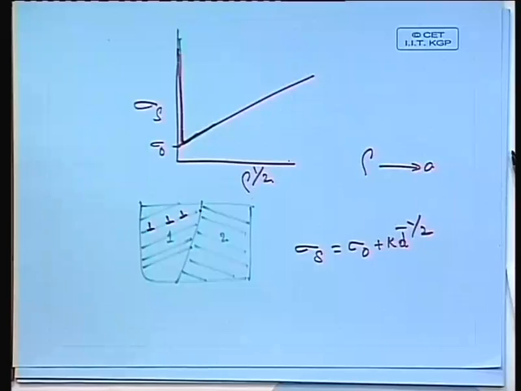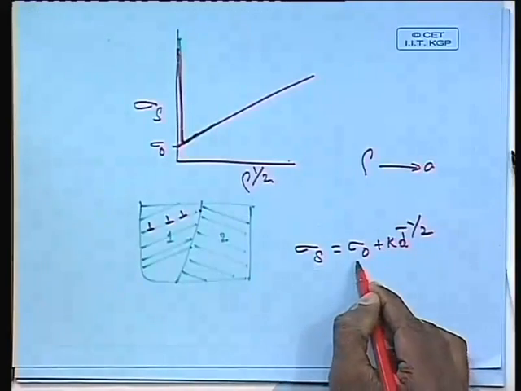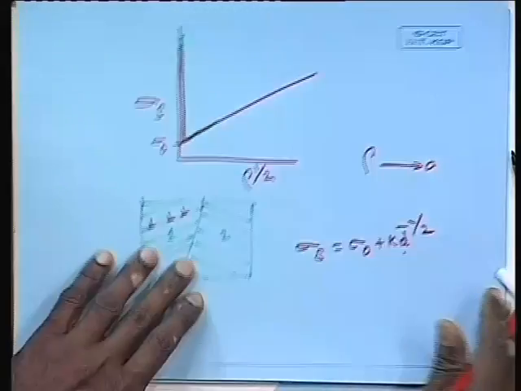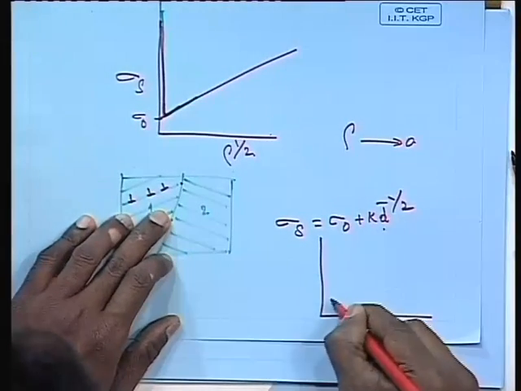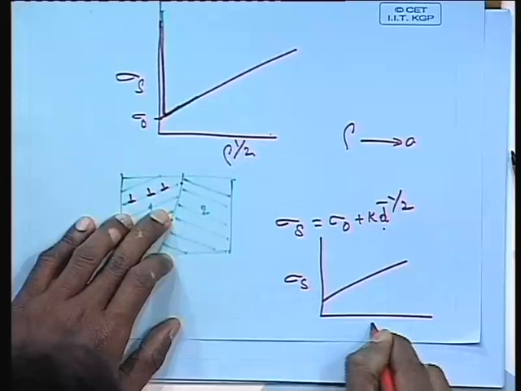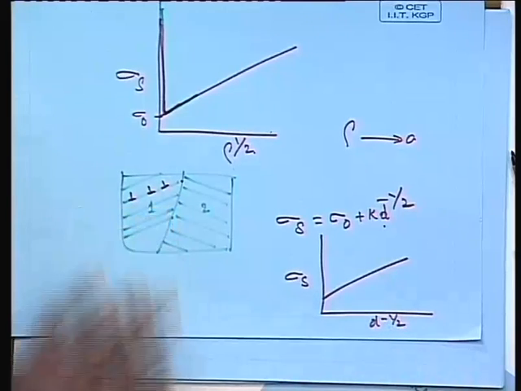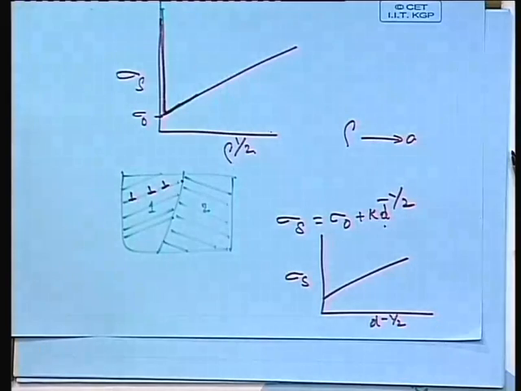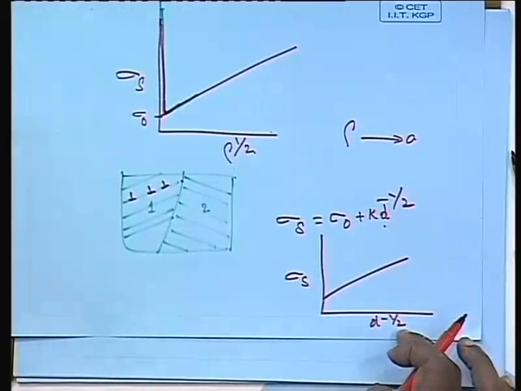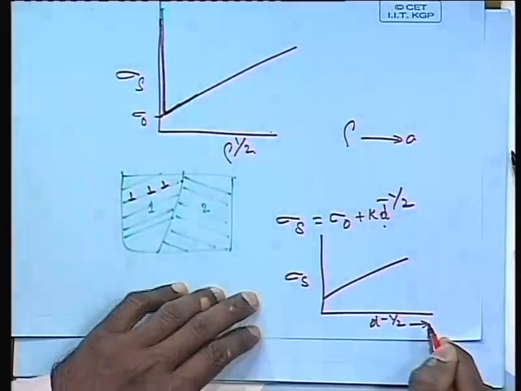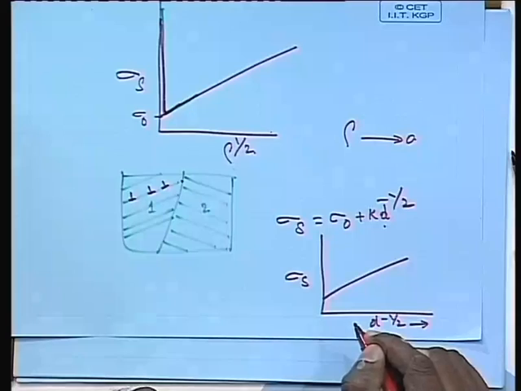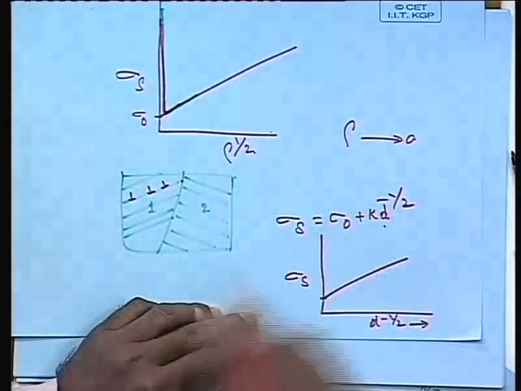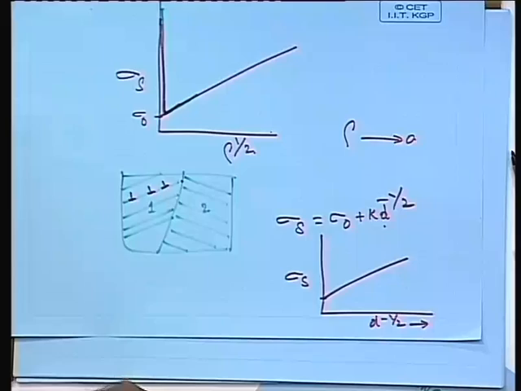Which is usually called as the Hall-Petch relation. All of us are aware of it. So, yield strength is related to the d to the power minus half by a relation which is similar to this. So, if I plot the yield stress versus d to the power minus half, it looks something like this. As d to the power minus half increases, d to the power minus half increasing means what? D is decreasing. If the d decreases, the strength increases, and the intercept here represents sigma 0, which is nothing but the yield strength of